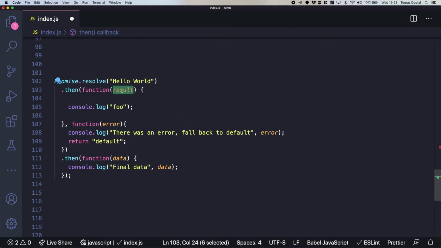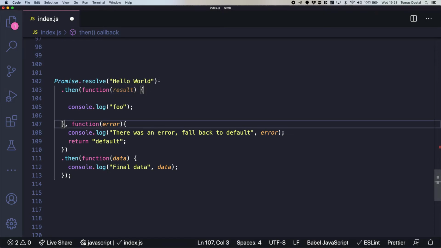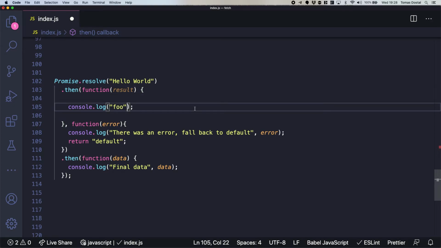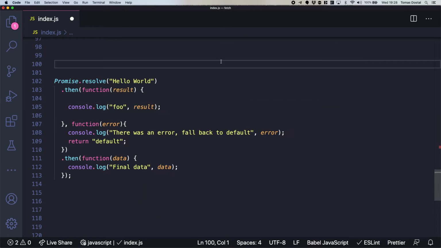And you see this result right now is just a parameter. Inside of this function, we don't actually do anything with the result. So I guess, Christina, if you had console log foo and then a comma and then result, then you would have foo hello world.